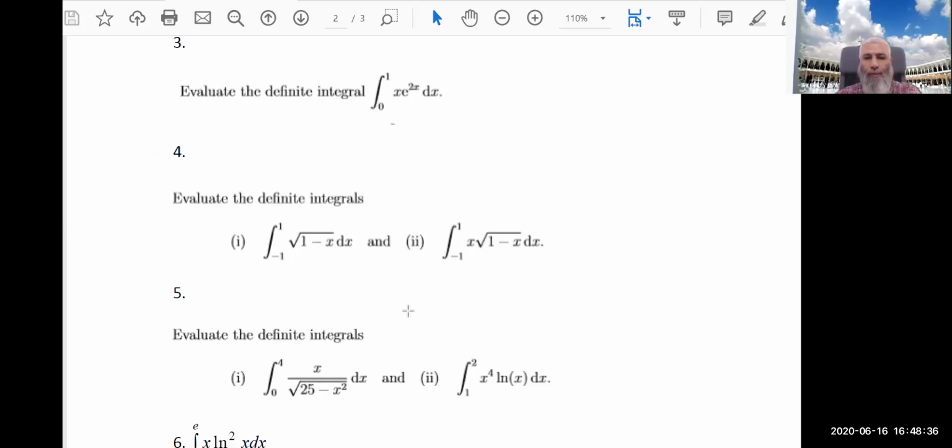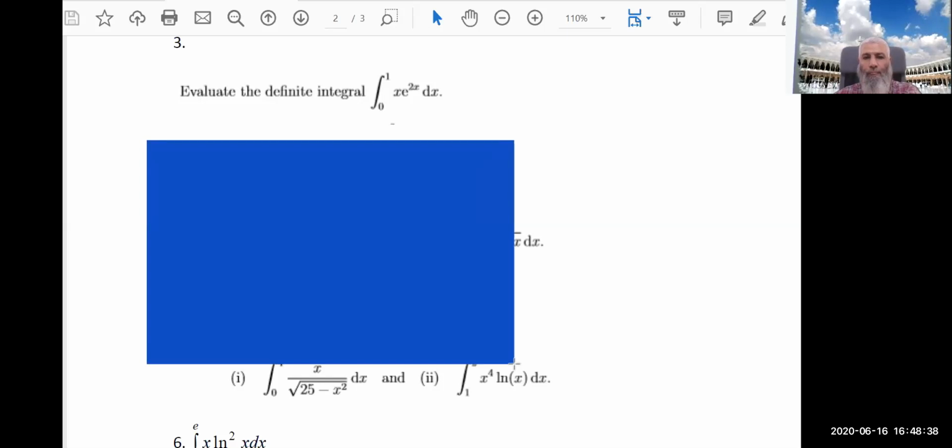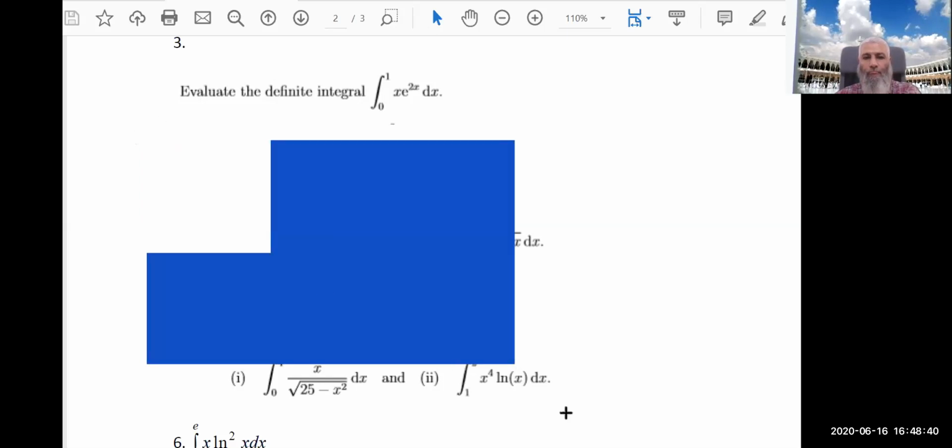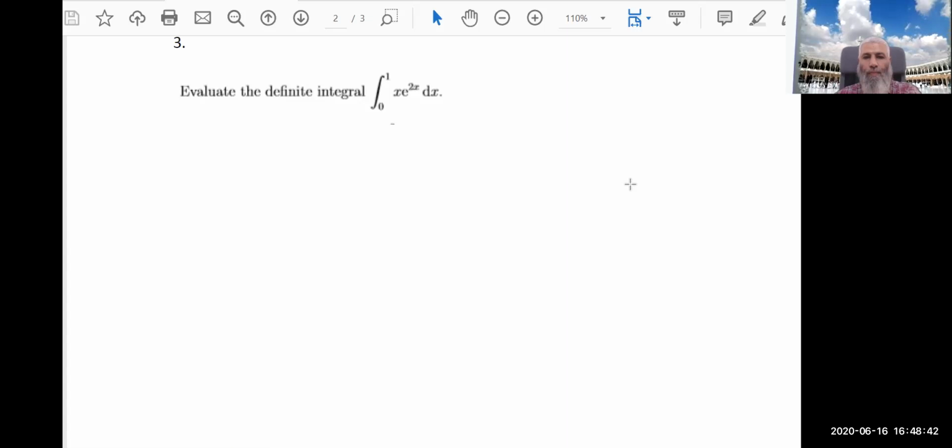Number 3, yes. By parts? Yes, by parts. Or we can do it by a substitution and by parts. First by substitution and secondly by parts. By parts,